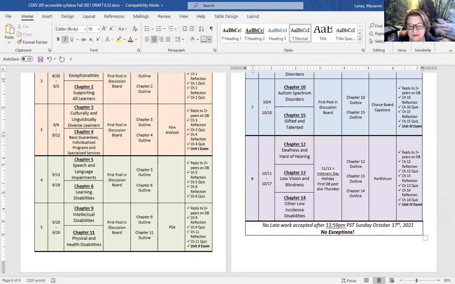With that being said, that is a Canvas issue. Even if I'm flexible with due dates or target dates, I cannot extend the length of the class. So you can't be like, oh, she's really cool about it, I can turn it in on Tuesday after. Nope. That's an equity issue. Everybody gets 8 weeks for this class. I can't extend it to be 8 weeks and 2 days for you.